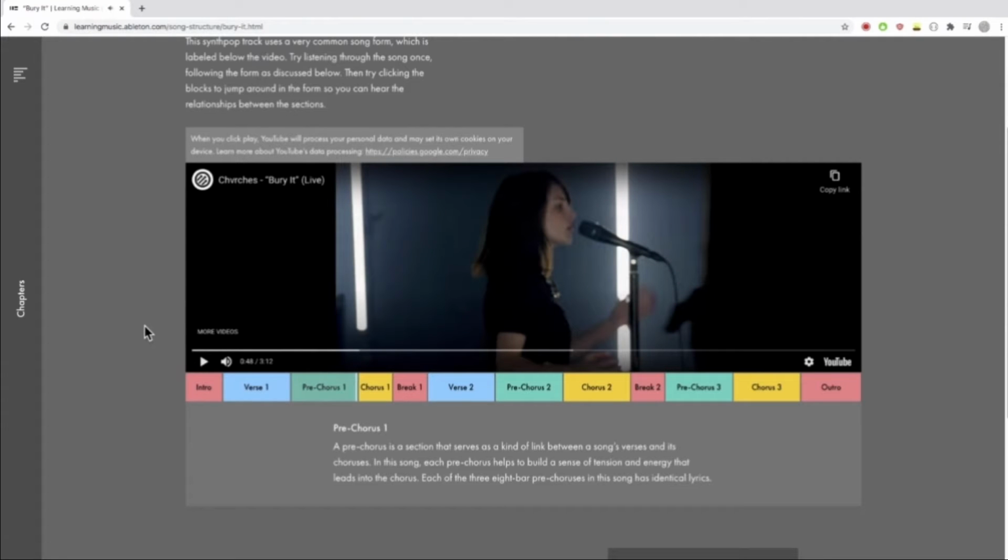So the reason we have a pre-chorus is to build a bit of anticipation for the chorus, because it might be a bit odd going straight from a verse into a chorus. You notice how they've changed the chords and they've added a few different lyrics just to advance that story. So if we had the intro and the verse and we just had another verse that was exactly the same as the first verse, it might be a little bit boring. So that pre-chorus just keeps us interested with a few of those different chords. Now let's hear what they do in the chorus.